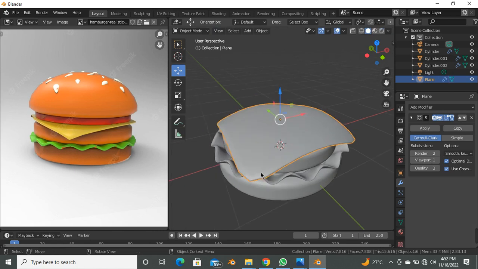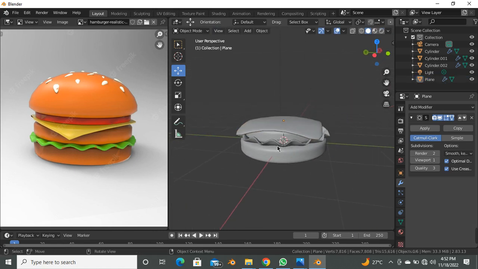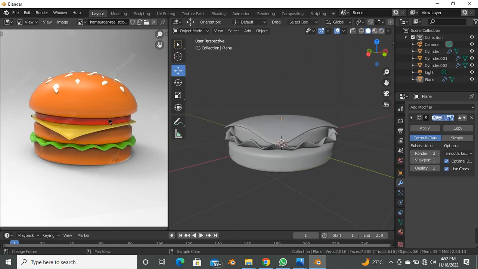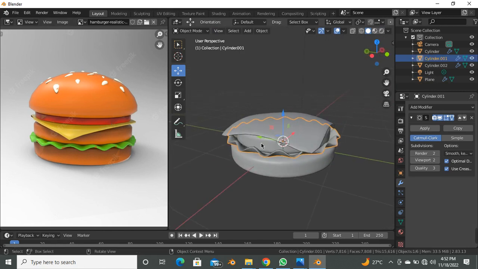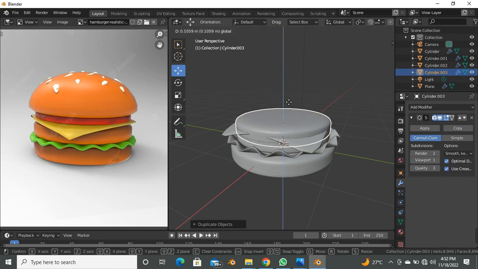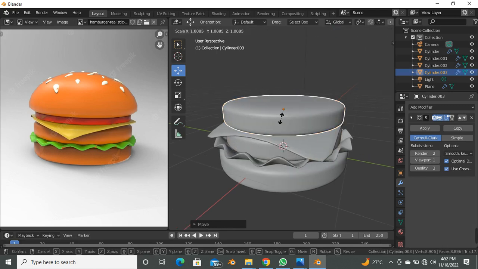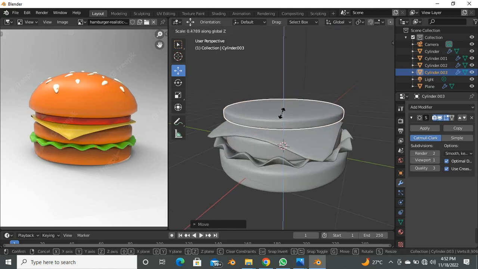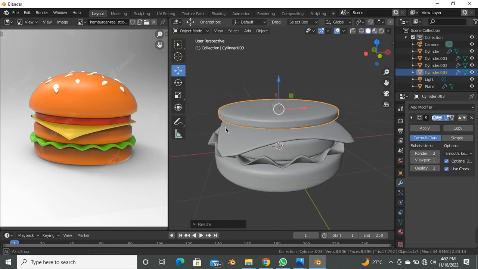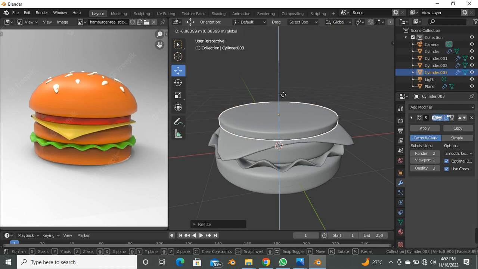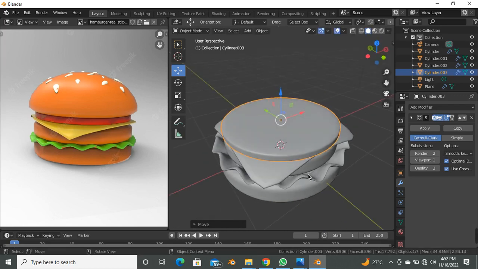So just leave it simple. Click tab again. So now I can also keep adding details. So I'll select this and say Shift D to duplicate. I'll duplicate this guy and I'll say S and Z to scale on the Z axis. So I have something looking like this and I can now push this downwards and I can say S to scale